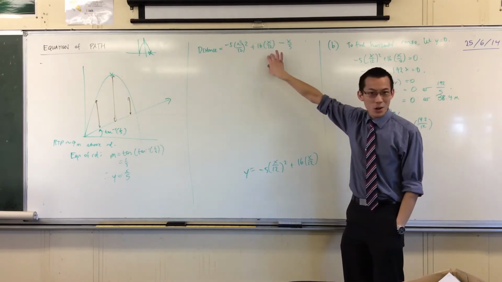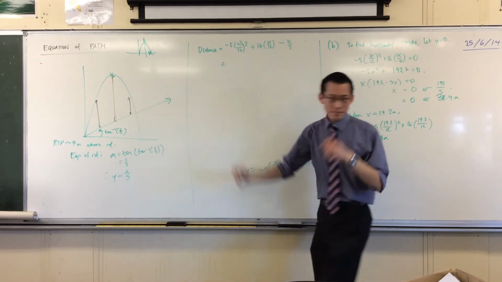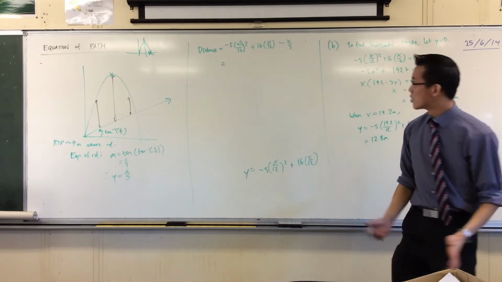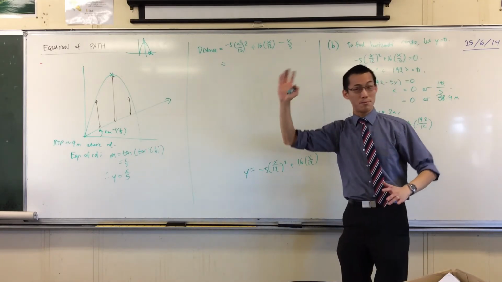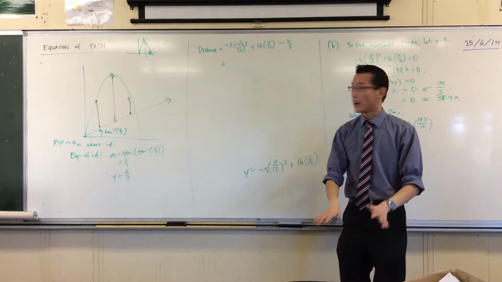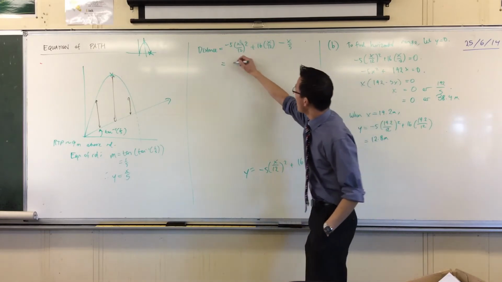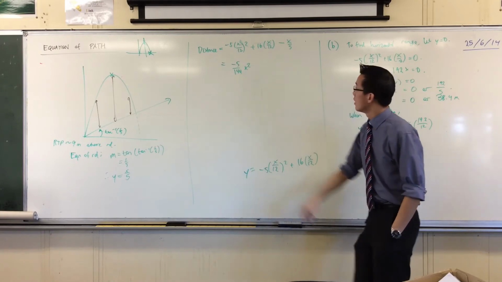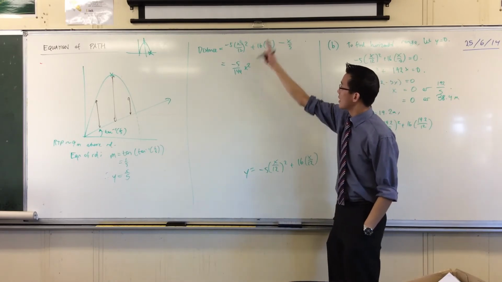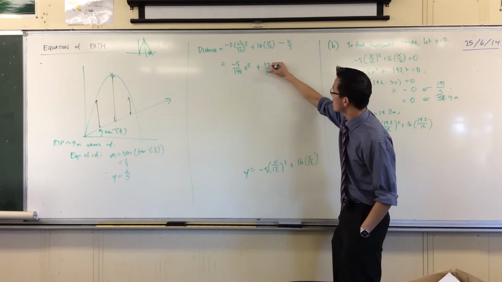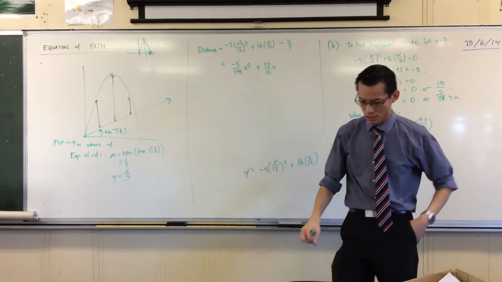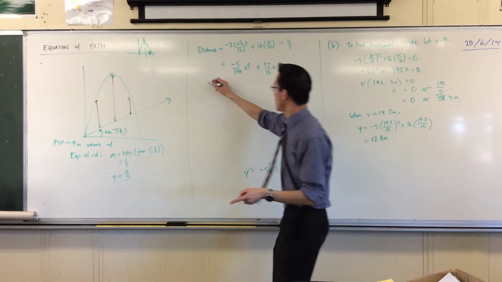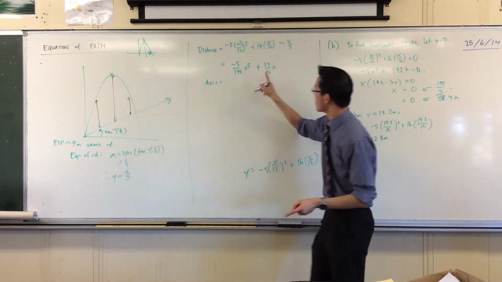So in order to get this a little neater, here's what I'll do. All I want is an axis of symmetry, that's minus b on 2a. So all I need to do is rearrange this so that b and a are clear. Well, that there is a, and b is somewhere in here. Now I think you'll get this when you simplify out. Let me just double check. I think that's what I got. Yeah, okay, good. So now if I want my axis of symmetry, I say it's minus b